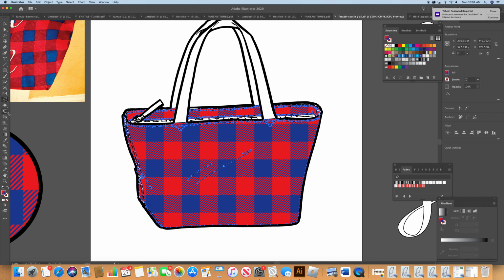So what we're going to need to do is we're going to go to our rotating tool. And we're going to double click on that. And we're going to say transform patterns only. It's on a 3. Let's see what that does. 2, let's see. Perfect. So now we see the top line of gingham is running across the top of the bag